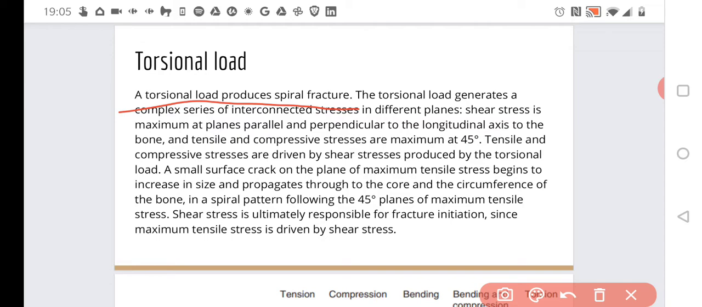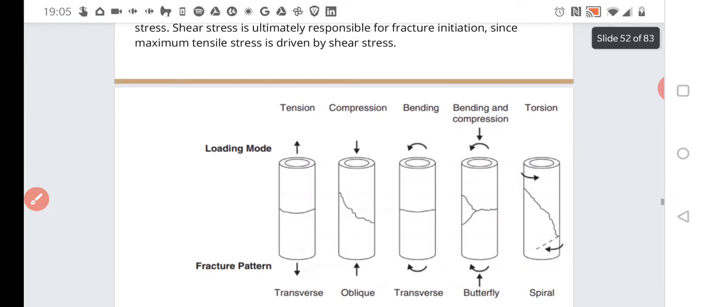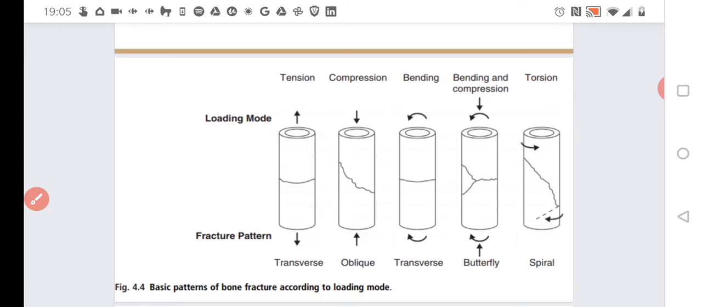Yes, as we remember, in a torsional load the shear stress is also the biggest in a spiral that goes around the center of rotation, the axis of rotation. And this is a very nice picture. So in case of tension, it's just transverse. Yes, we rip it off. Very simple. In case of compression, we remember we have this 45-degree angle